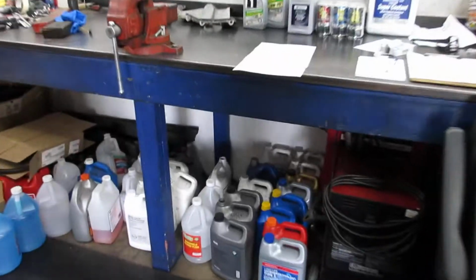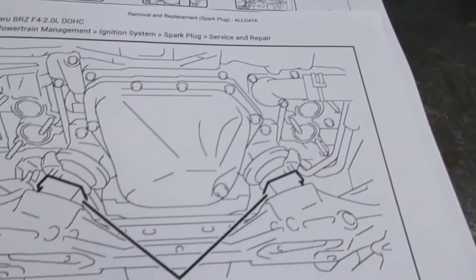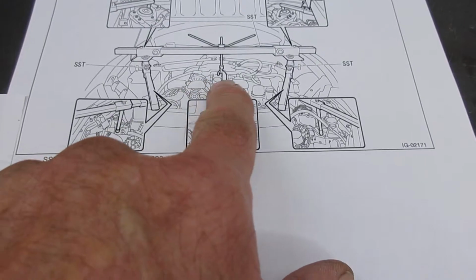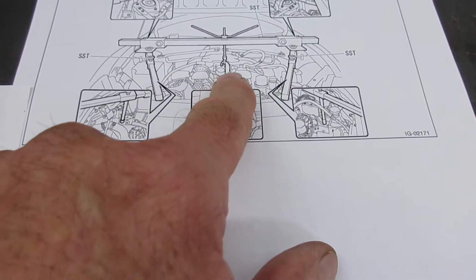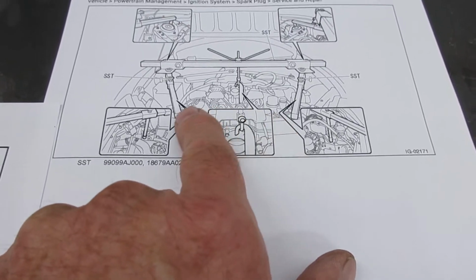Okay, the manufacturer, the All Data printout is the same as what the factory has. They want you to take the engine mounts loose and put a couple spacers here, and then they want you to take a hoist mechanism and support the engine, and that way you can either raise or lower the vehicle to do the spark plugs. So what I figured out is,